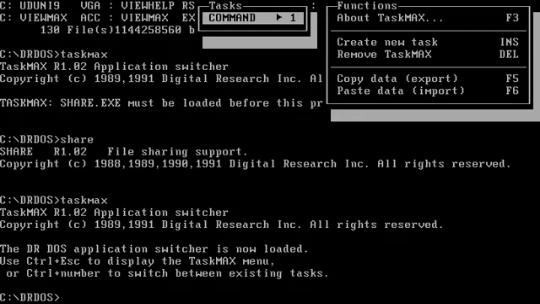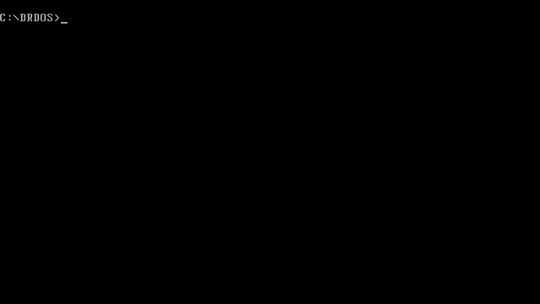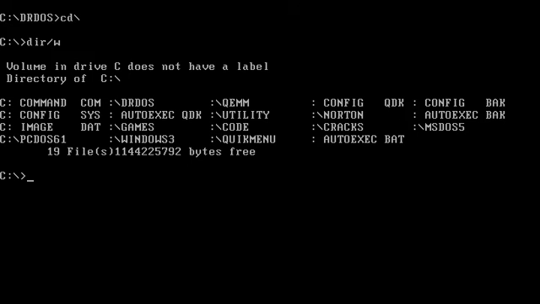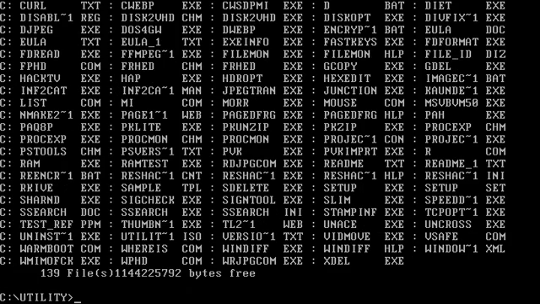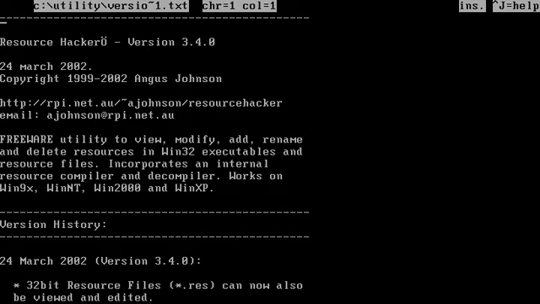So here I brought up the menu. Let's create a new task by hitting the insert, and you can see it just flipped me over to a prompt. So now I should actually be able to run something. How about we go into utility and open up the editor of version. Now I'm going to try